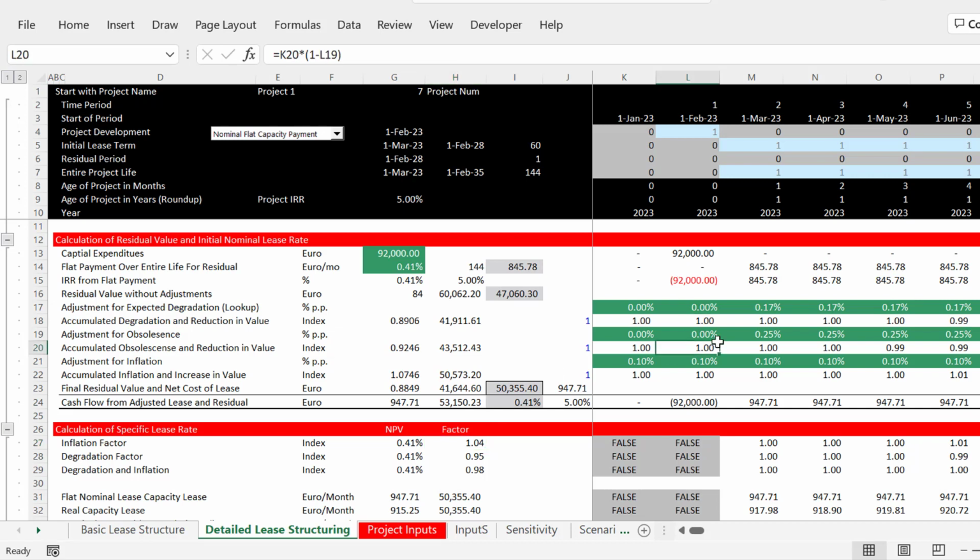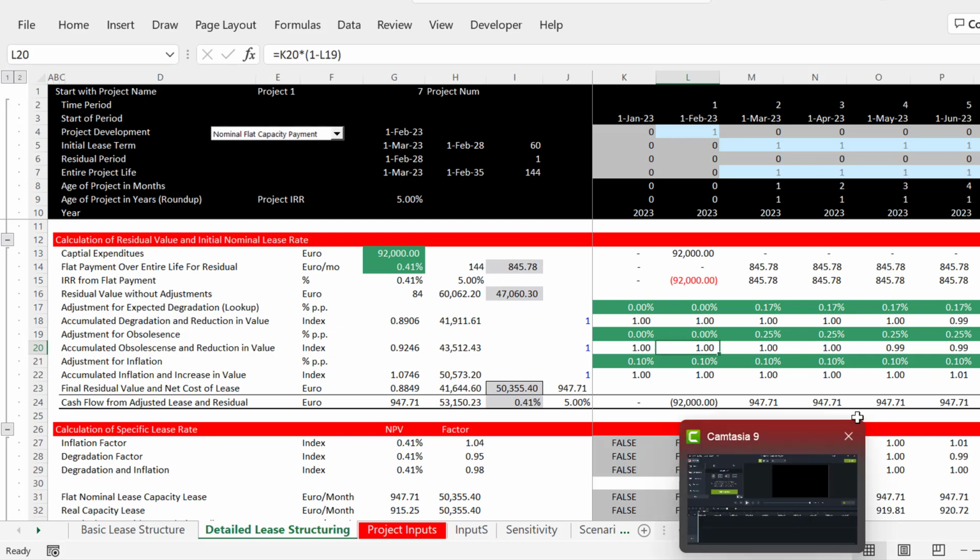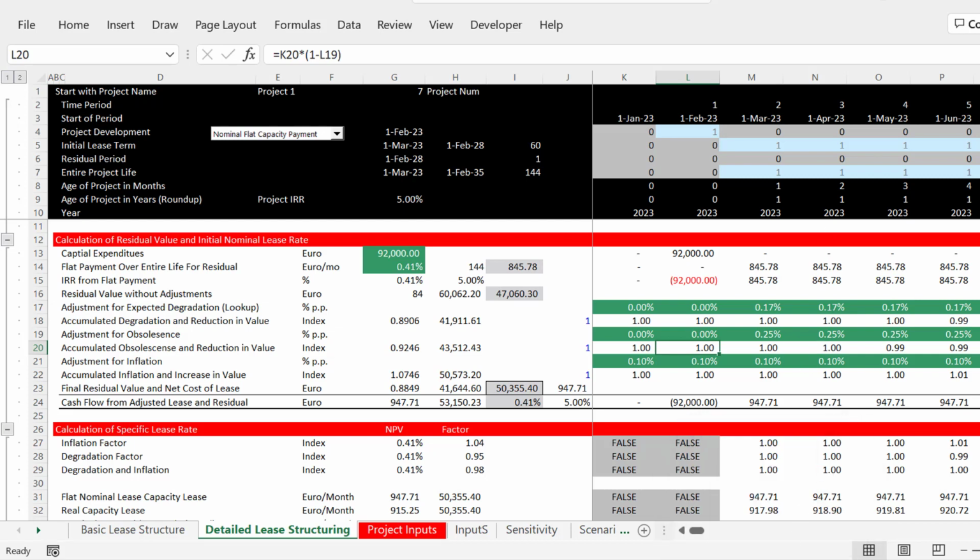So that's part number one. Part number two, which I'm going to do right now, is going to be on risk analysis of this lease. Part number three is going to be putting this together in a portfolio. And part number four, which I might not quite get to, is going to be financing this whole thing, financing this either at the SPV level or the